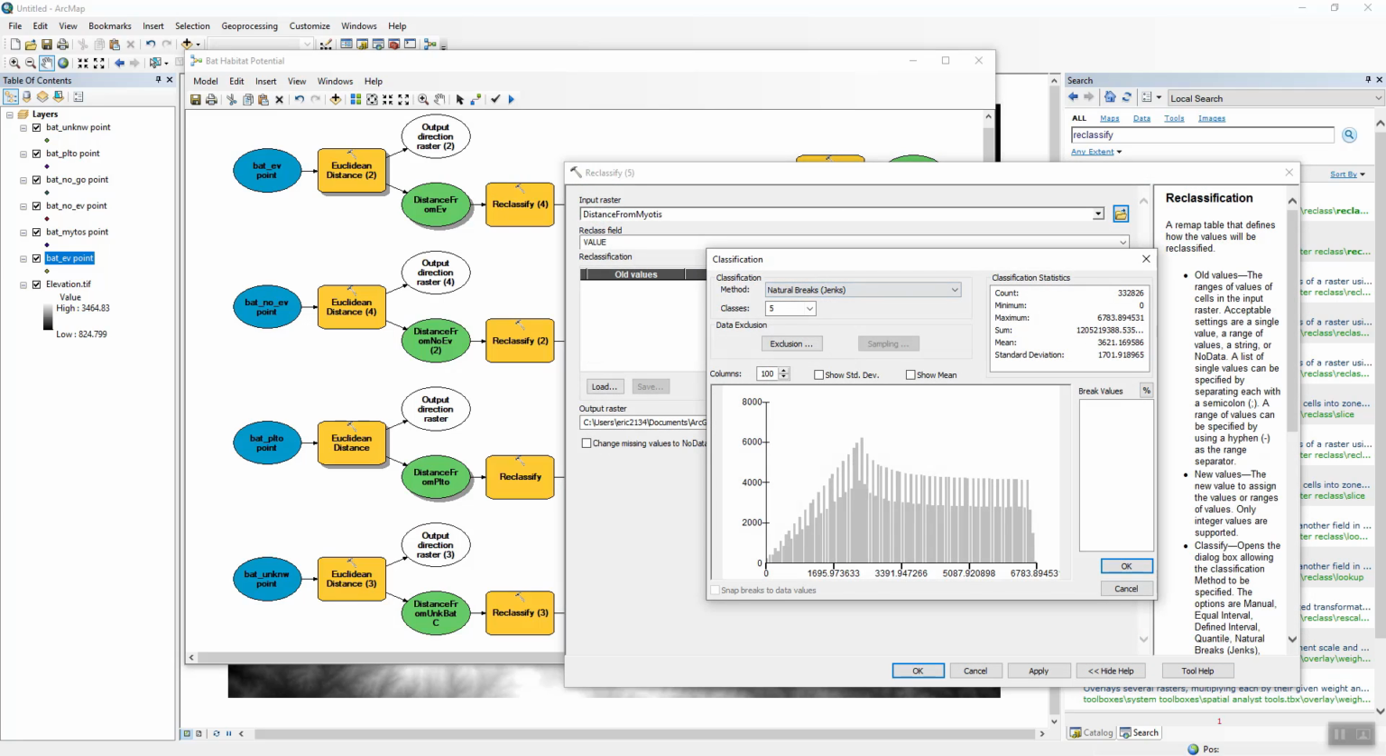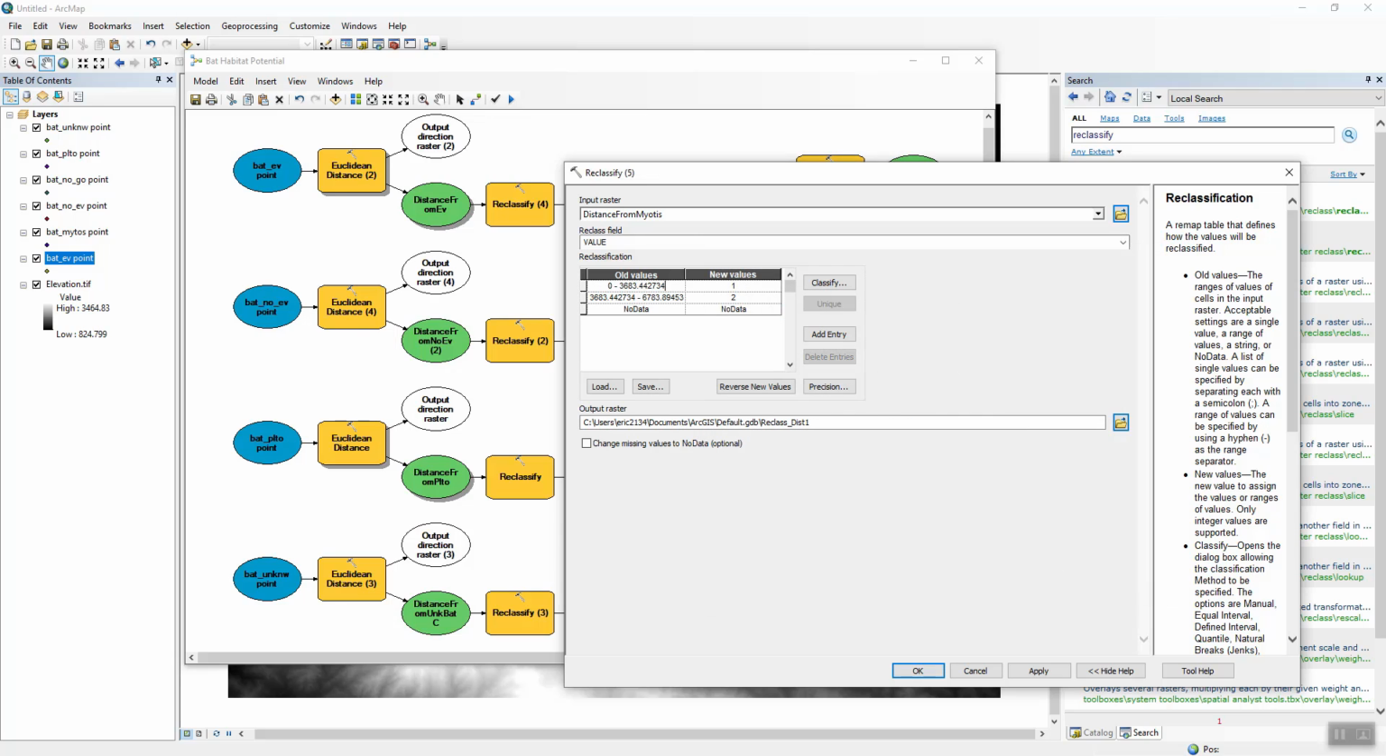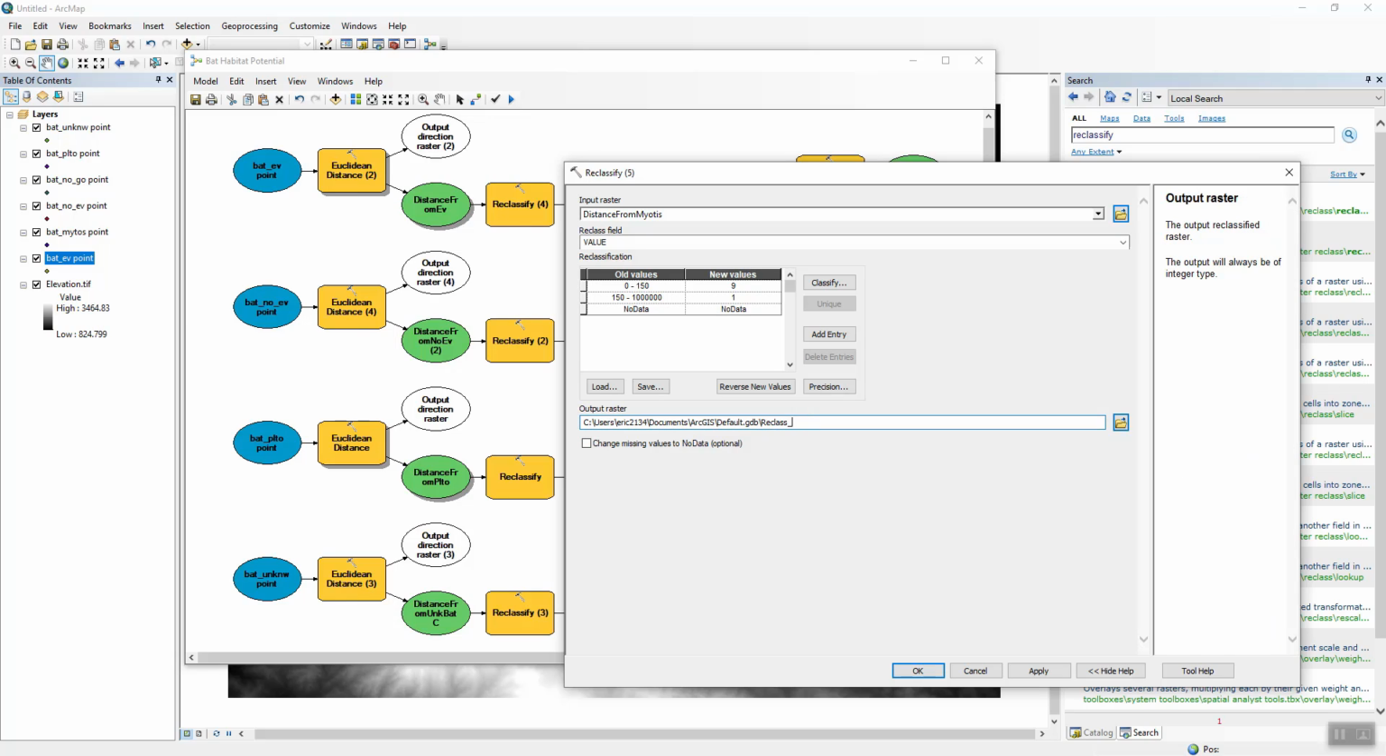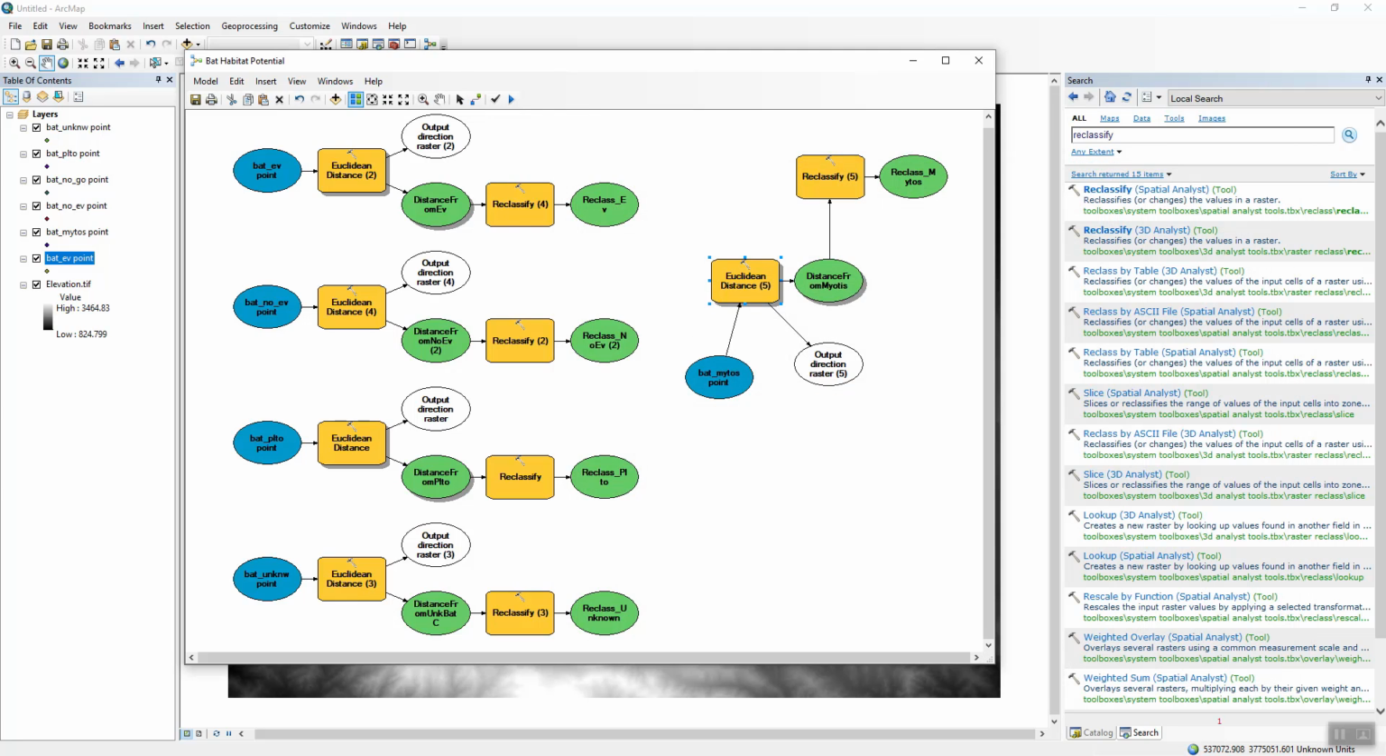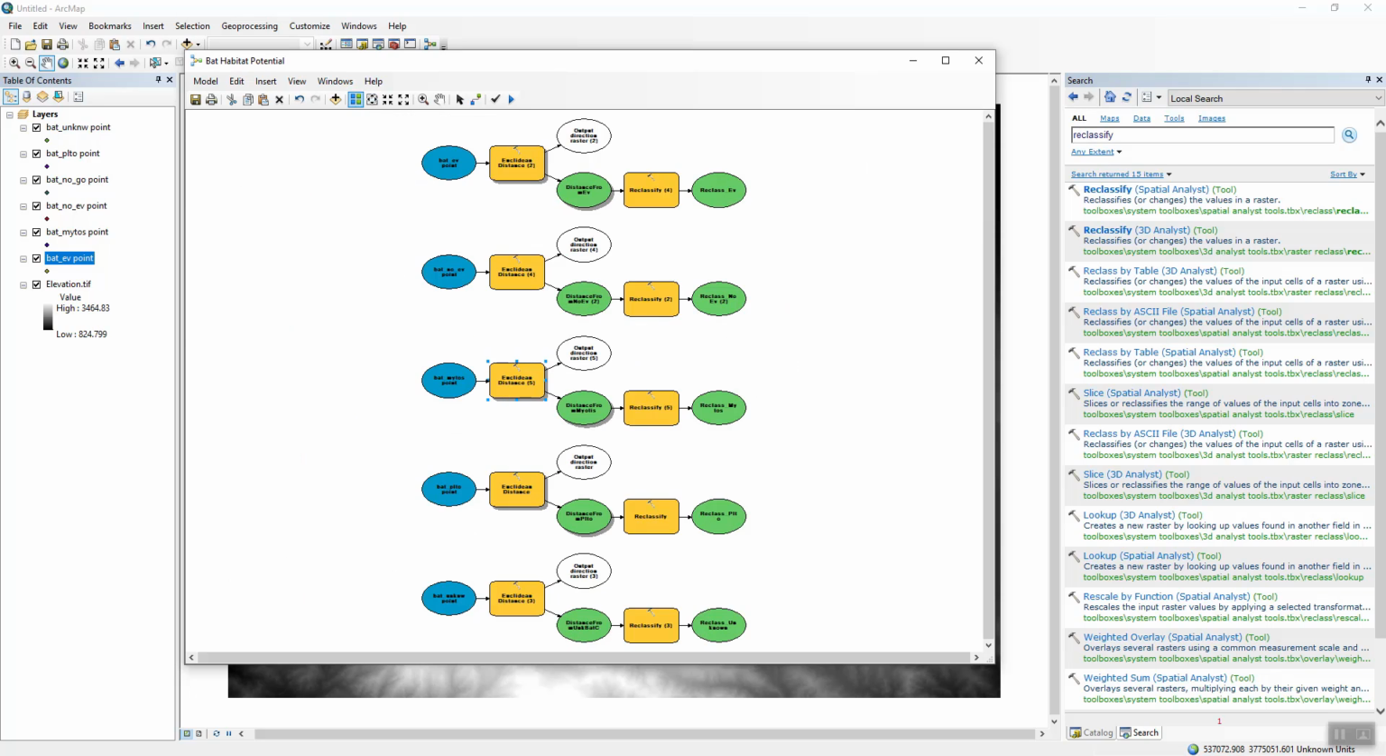Okay, classify, 2 breaks. Okay, 0 to 150. Make it a 9. 150 to, and I always make my number super high on the second number. I just want to make sure I get all the top end of the elevation values. And there's no species there, so I'm going to call that 1. And I'm going to call this reclass Myotis. Click OK. I'll do my auto layout, zoom to extent, and I'm just going to go ahead and run